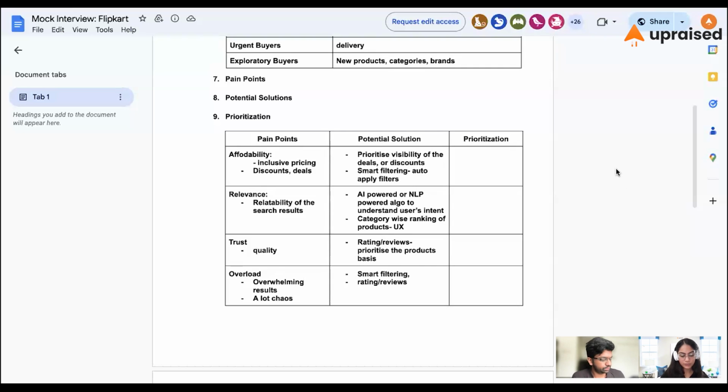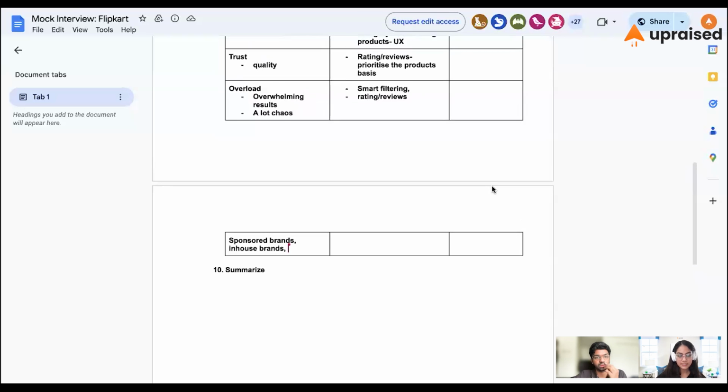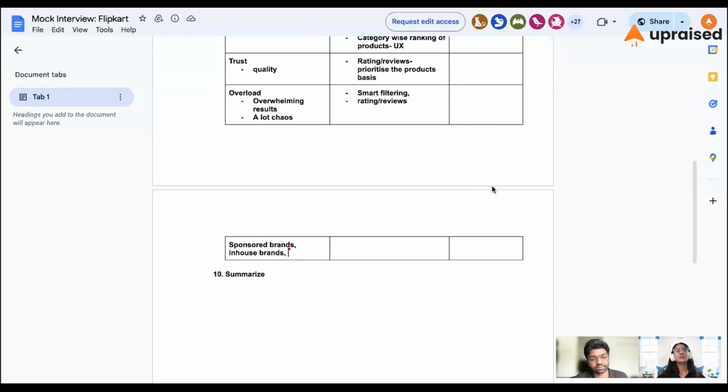So talking about the business concerns, Flipkart has these sponsored brands. Then they have some of their own in-house brands also, I guess, which they are promoting. Okay, in-house brands, and then sponsored brands. Okay, cool. Sponsored brands, in-house brands, and then also I think a key role that these marketplaces